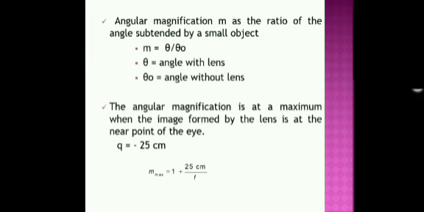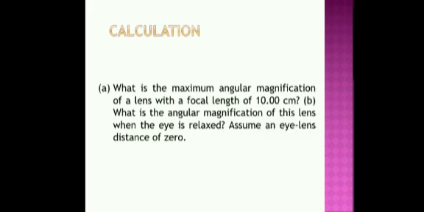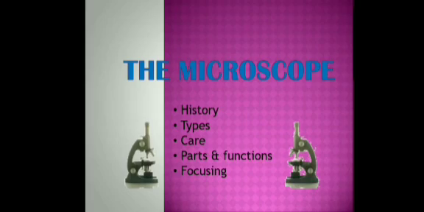So in the study of lenses, if the source is placed within a focal length of a converging lens, the lens yields a magnified image on the same side of the lens as the source. So this is how a magnifying glass works. The amount of magnification depends on the distance of the source from the lens and the refractive index of the lens material. So this is the end of our topic